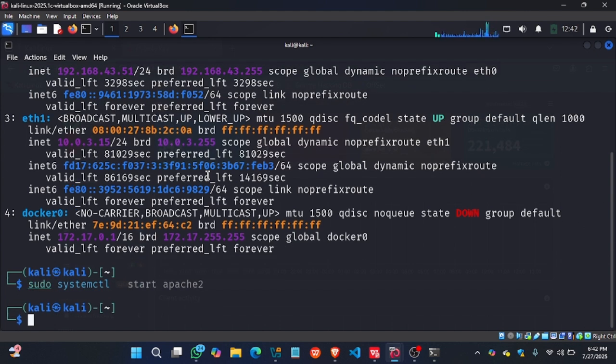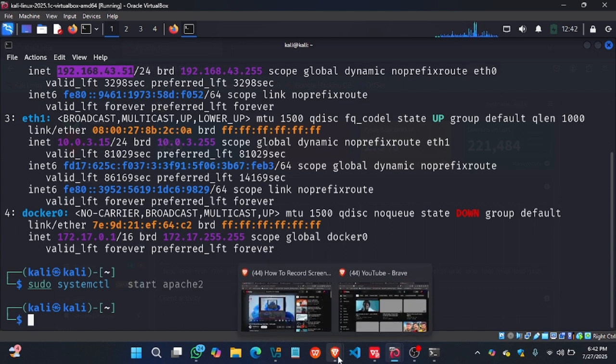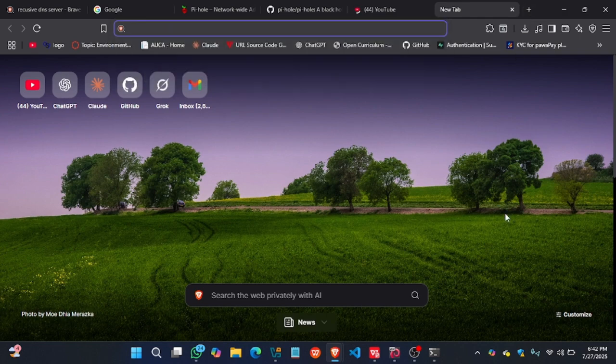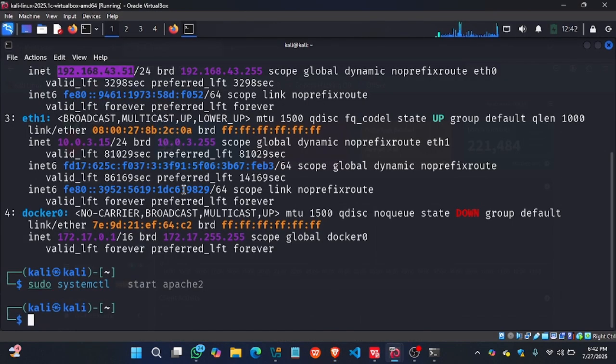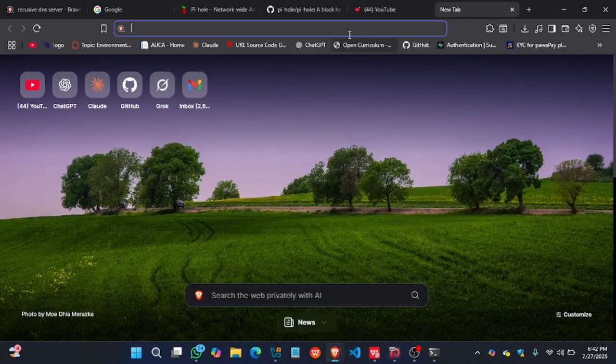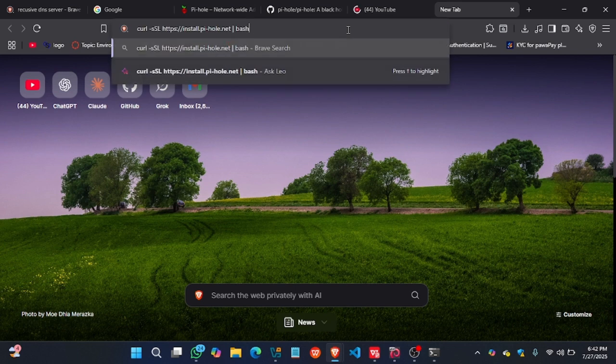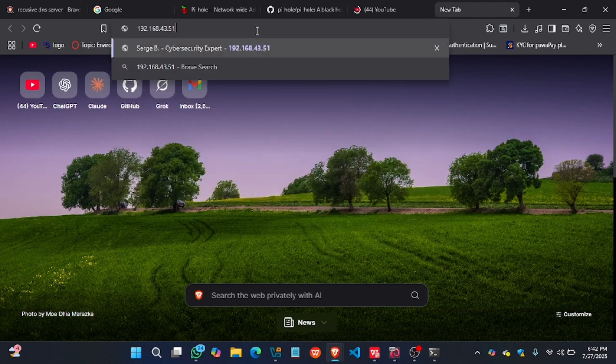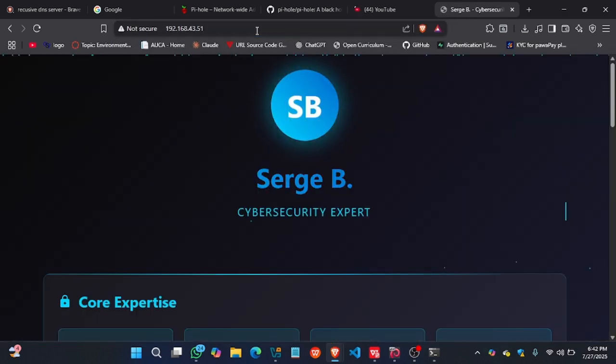Let's start the Apache server, and I hope it's running on this IP address, right? Let me copy this IP address, and then navigate to this. Sorry for that, why am I still copying the same thing? But I still remember it in my head, right? If I try to go to this, you can see